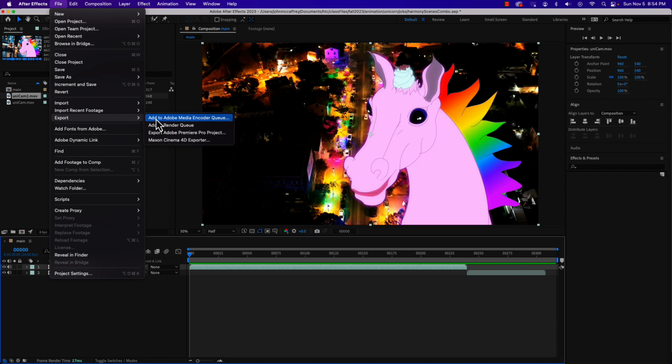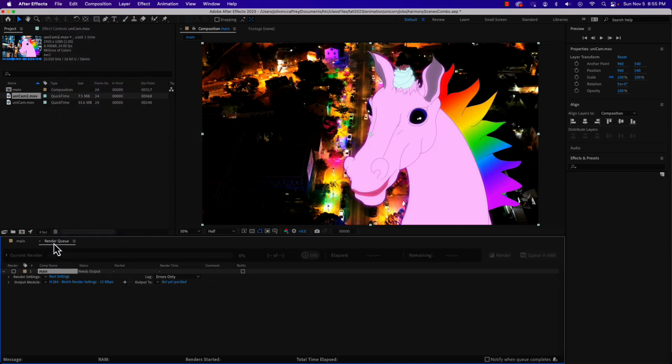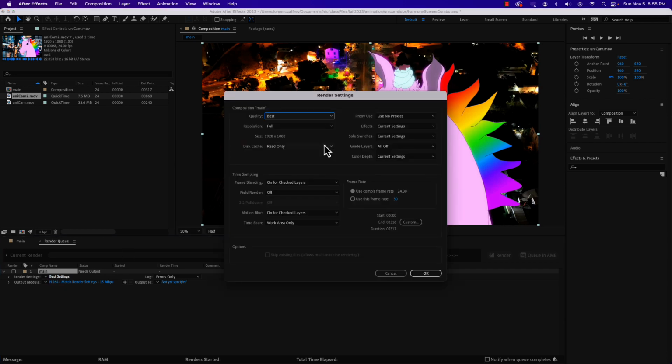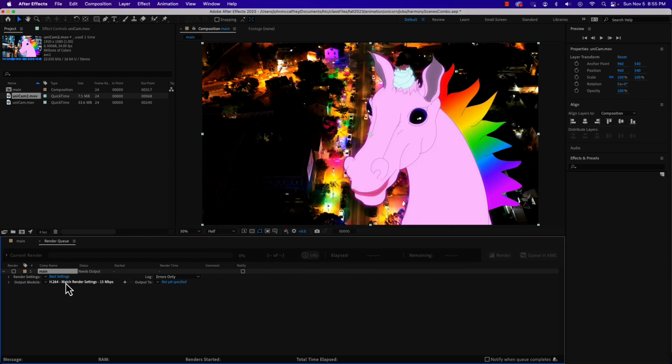So we have options. We can add to the media encoder queue and we can also add to the render queue. So both of those are acceptable ways of working. If I go to the render queue, it pops up my render queue menu down here. We can see our output module where we now have options we can choose. So I can choose, hey, what size options do I want? I can click here,